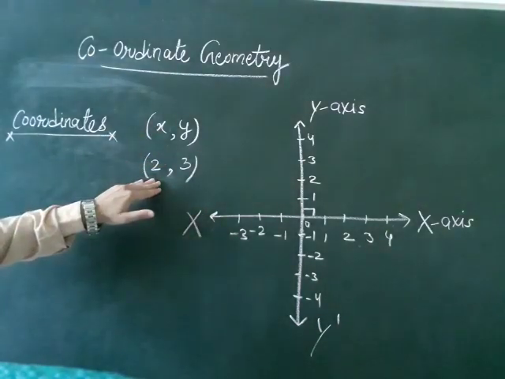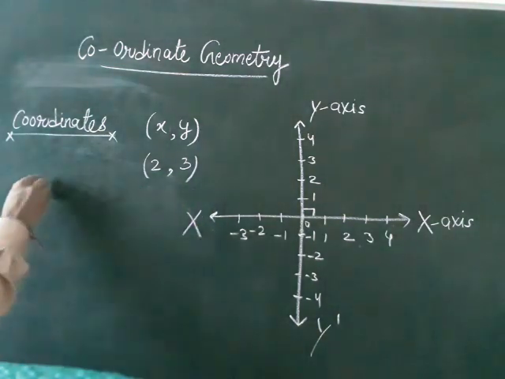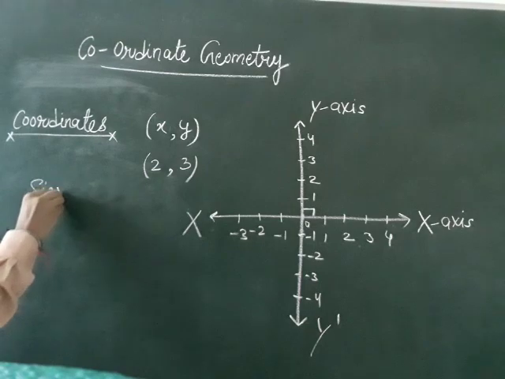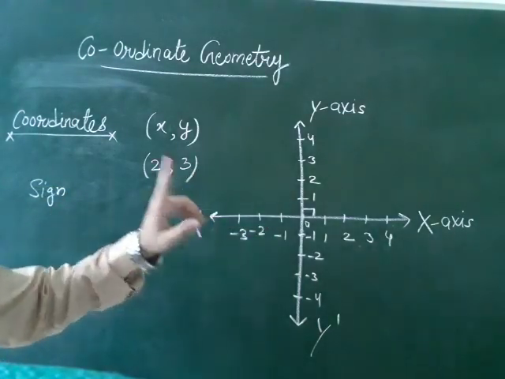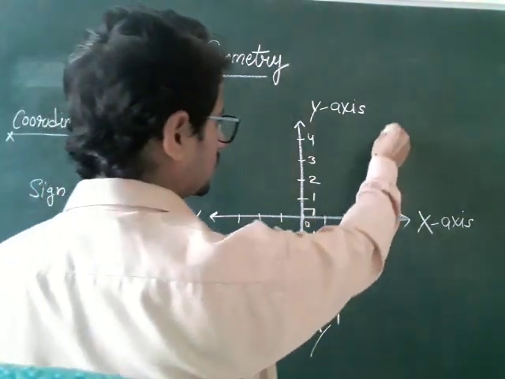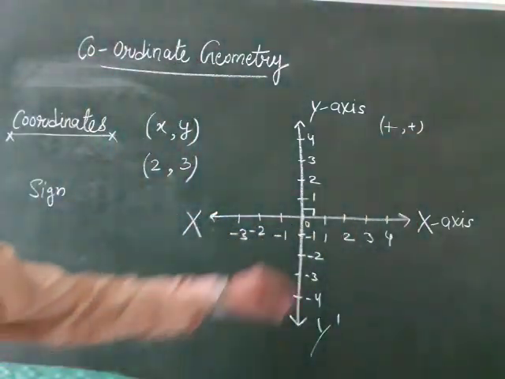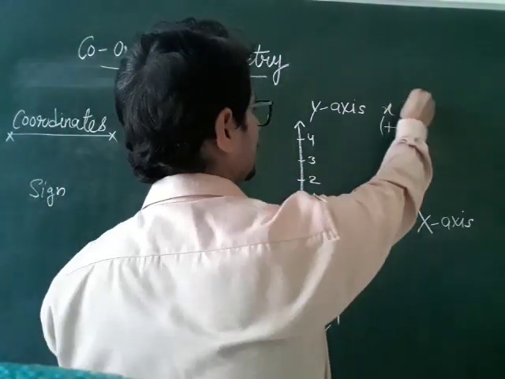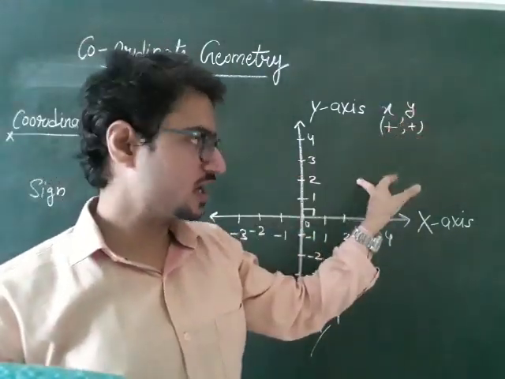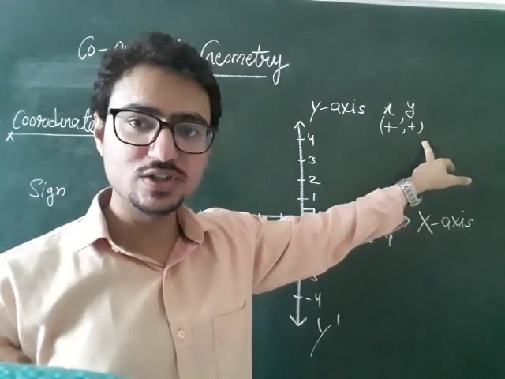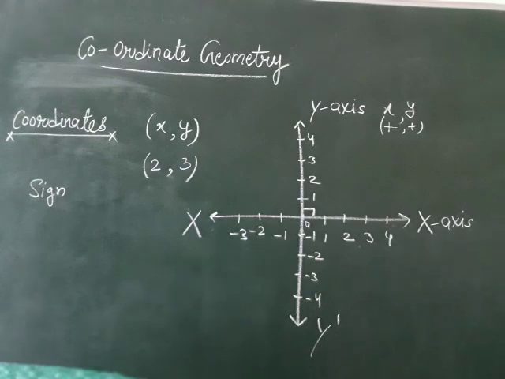Check that coordinate. What is the sign of that coordinate? To have knowledge of signs is very important in the coordinate plane. In our previous video we got to know that in the first quadrant we have plus, plus, meaning this is your x and this is your y. So the value of x is positive here in the first quadrant and the value of y is also positive here in the first quadrant. So what will we do next?